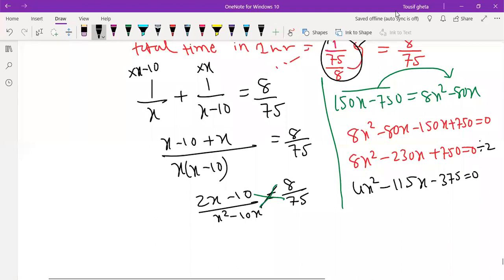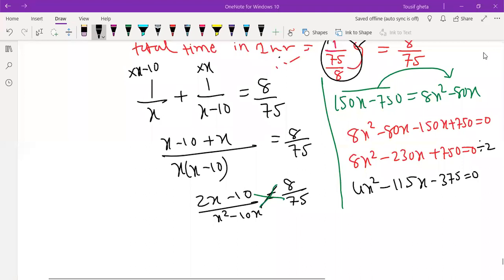Now, if anybody is having any doubt in between, always write. They can ask any question. Some people are telling about 10 hours, 8 hours, something. They can tell us if any doubt is there. See, this calculation is very easy now. If you are really serious, this calculation is very easy now.